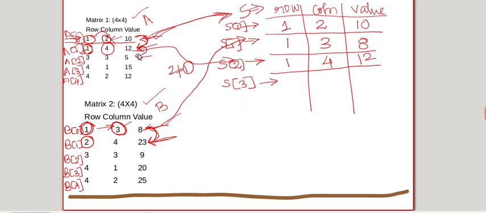And now we are in here, so take the row value of A, it is 3 now, and take the row value of B. B we are here only, so the row value here it is 2. Compare it with the previous one. So 3 is comparing with 2. Which one is lesser one? 3 is comparing with 2 and 2 is the lesser one. So it is in B, right? So you have to copy this thing to corresponding sum matrix. So here we will copy 2, 4, 23.